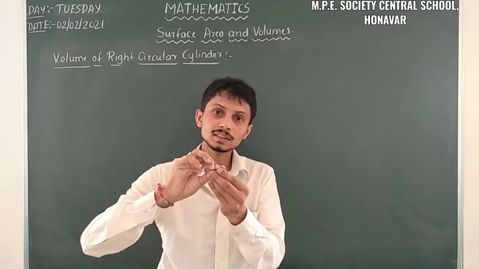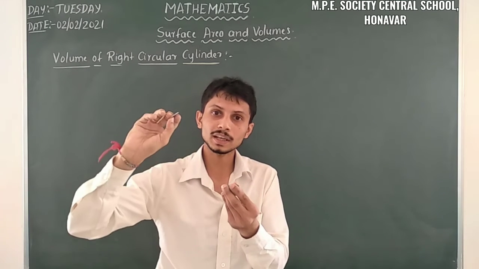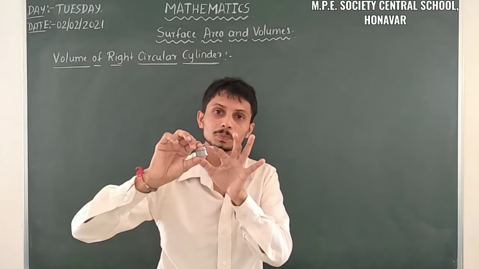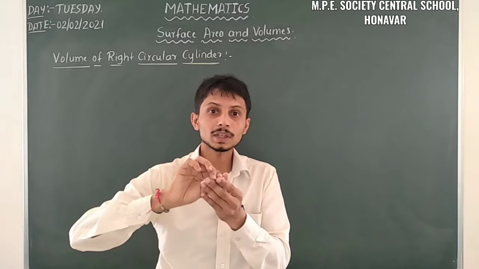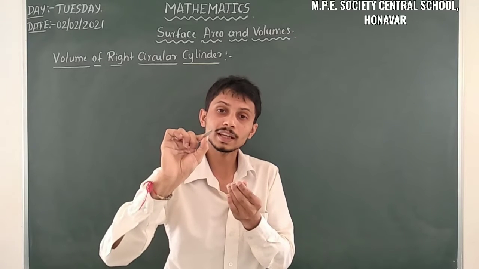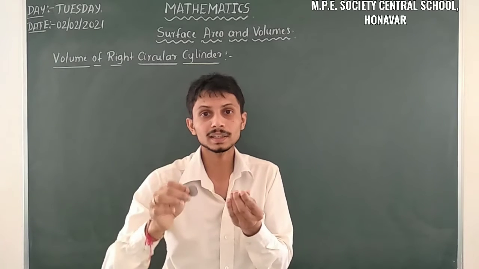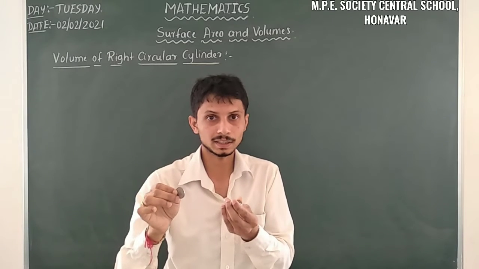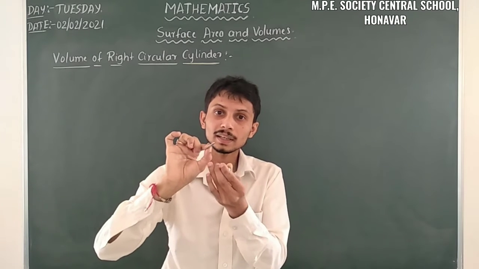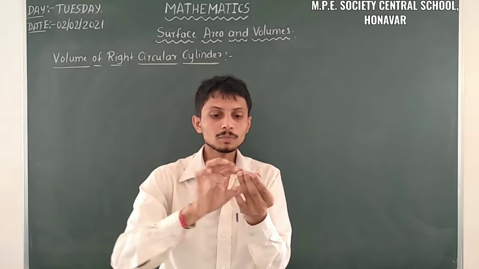Just observe, let us consider each coin, neglecting the thickness, as a circle. That means just observe, we can touch each point, but after placing them here, it is not possible to touch the inner part. So each coin we can take as a circle, and when we take the area of this circle, the complete area is included. That is, when we take the area of this circle, the complete area is included in the case of the volume. And just observe, there are some coins here.